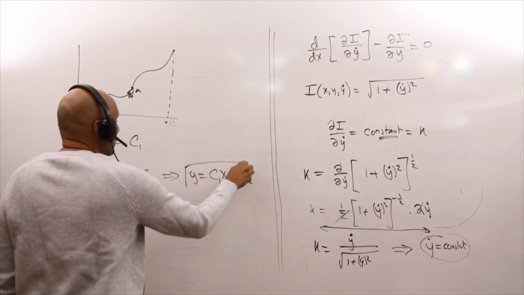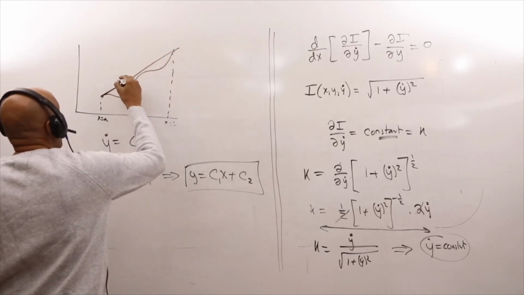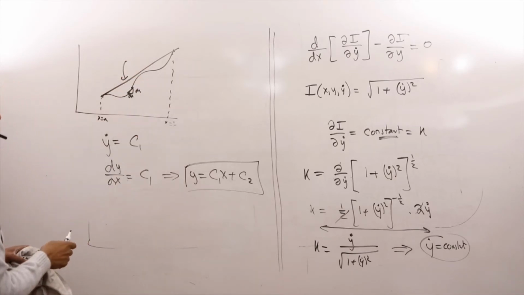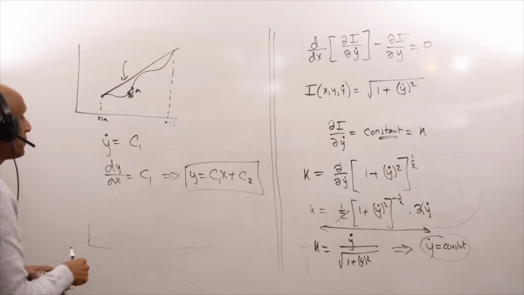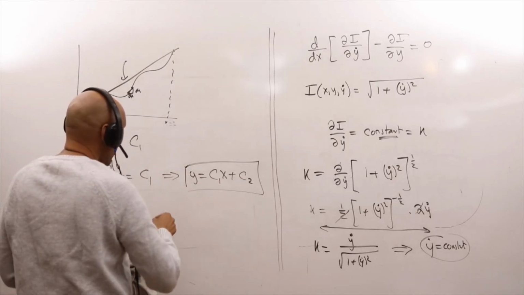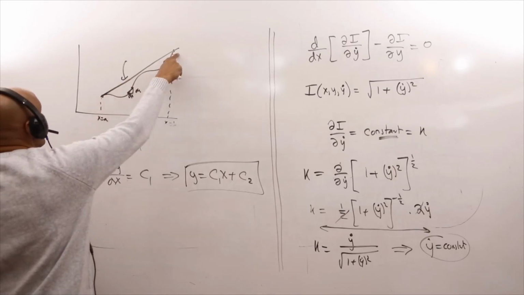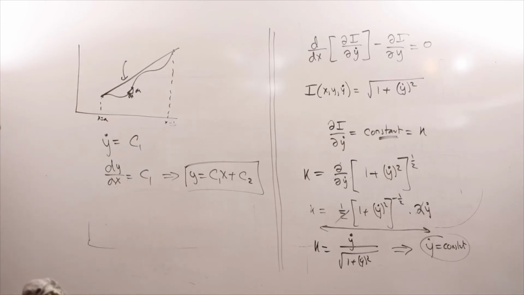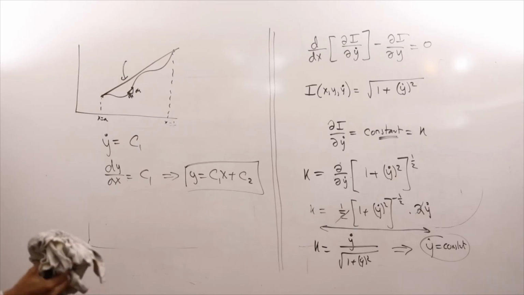So what is the equation of this? Well, it looks like an equation of a line. What we're getting back is an equation of a line that passes through both points. This is the extremization curve. We know that the line is the shortest distance, and so extremization of this functional produces the curve y is equal to c1x, and this is actually the minimizing curve. I can't tell you usually if it's a minimal curve or a maximum curve, but in this case I happen to know the shortest distance between 2 points is a line, and this is an equation of a line. So we can actually see we're applying variational calculus to extremize a functional, and that produces